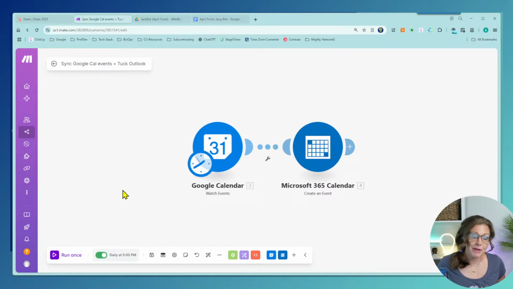So every 15 minutes, go see if there's something added in Google Calendar. So that's 4 times an hour, 24 hours in a day. That's a lot of instances being used. And you pay per, I don't even know what it's called, you pay per how many times the software has to go out and look for information. So I have this just triggered daily, so it just uses one action a day and doesn't eat up my